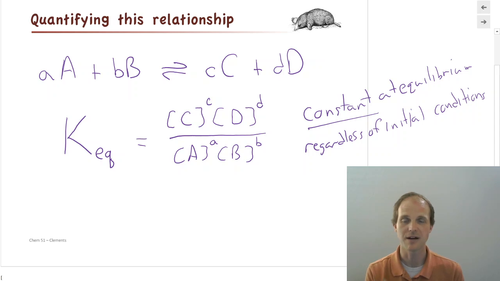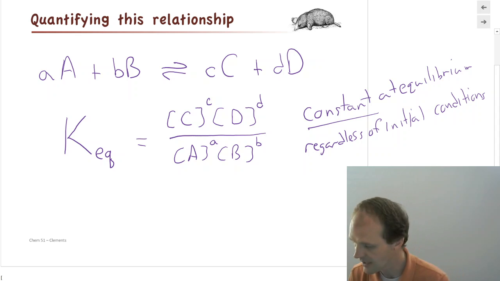Remember, our definition of reactants and products: reactants are the things on the left-hand side of the reaction arrow. Products are the things on the right-hand side of the reaction arrow. Reactants and products are not reactants react to make things, products are the things you make. Because products in equilibrium can make reactants. Products can react to make reactants. C and D react to make A and B. So reactants, left-hand side, products, right-hand side. That's the only thing it actually means.